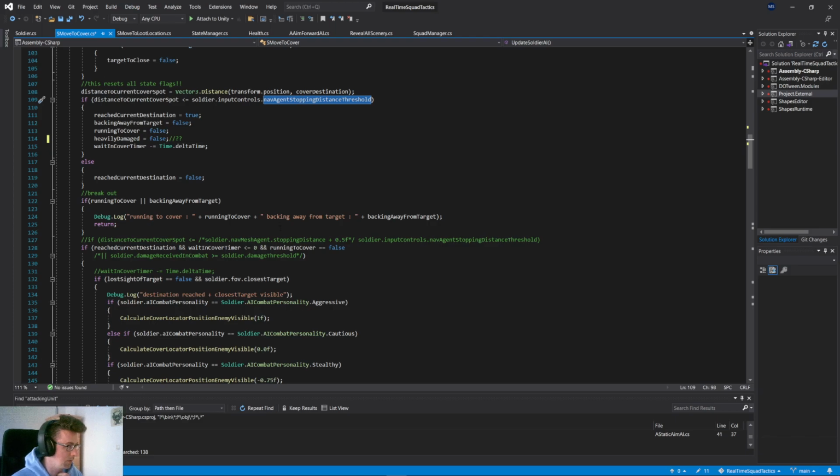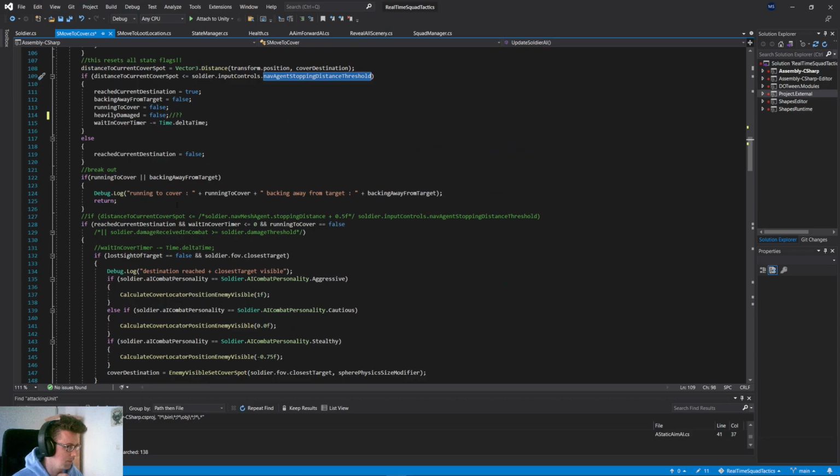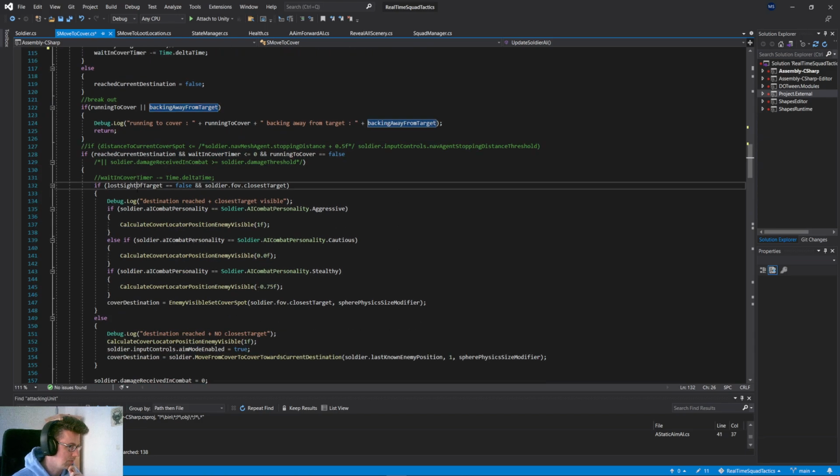Okay, so this is where it got really hard to get the logic in there. So let's just run through it. Breakout. If we're running to cover or backing away from the target, we just return. We don't want to go into this part here. Okay, so I was trying a lot of stuff out there, as you can see. So basically what I did was, if we reached the current destination and wait in cover timer is less than 0 and run to cover equals false, then we go in. Okay. All right, so if lost sight of target equals false and we have a target,